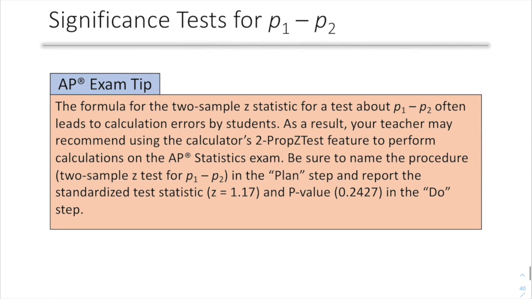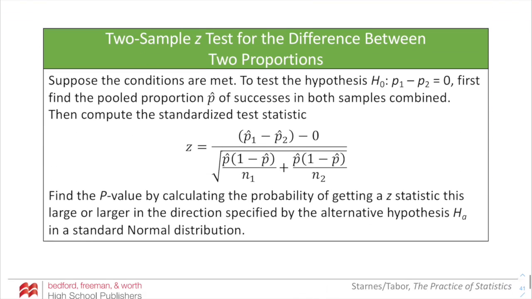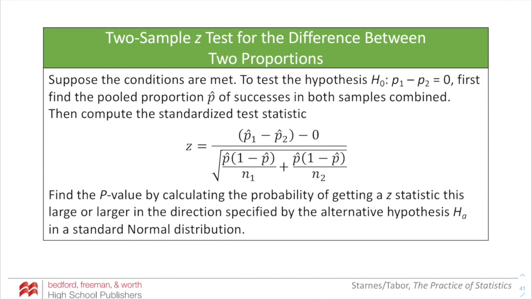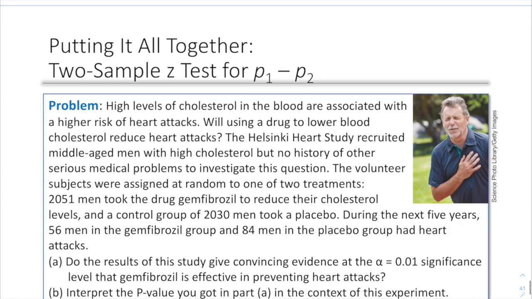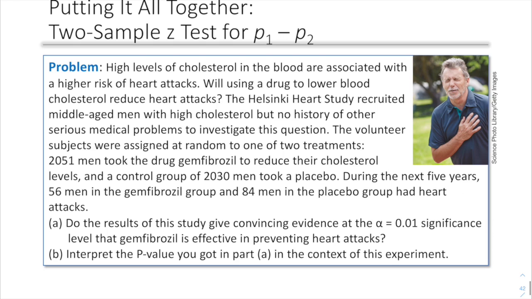Now remember, if you're using your calculator, you do need to supply certain pieces of information to get full credit. You need to give the name of the test. So this one is a two-sample z-test for the difference of proportions. You need to give the test statistic, and you also need to give the p-value. So once conditions are all met, then you have your formula, you calculate everything. So putting it all together,